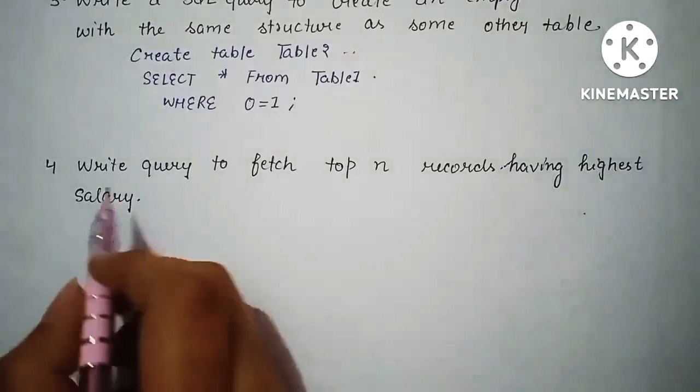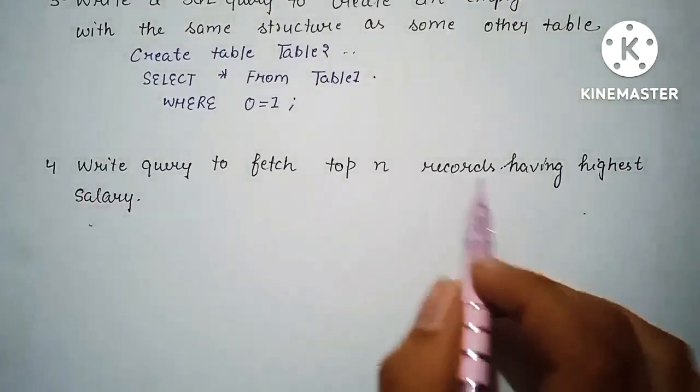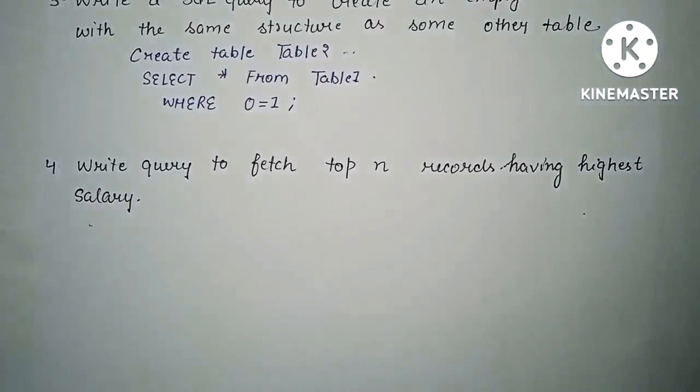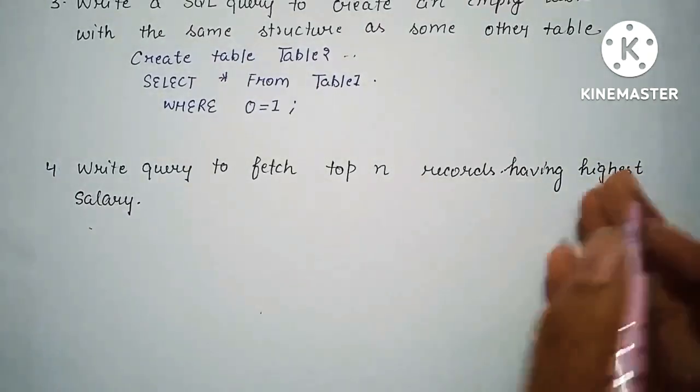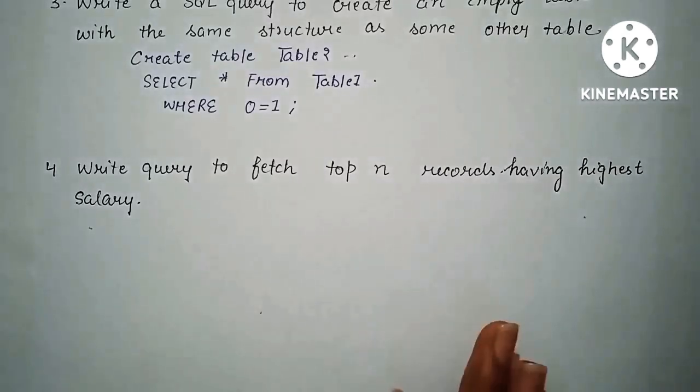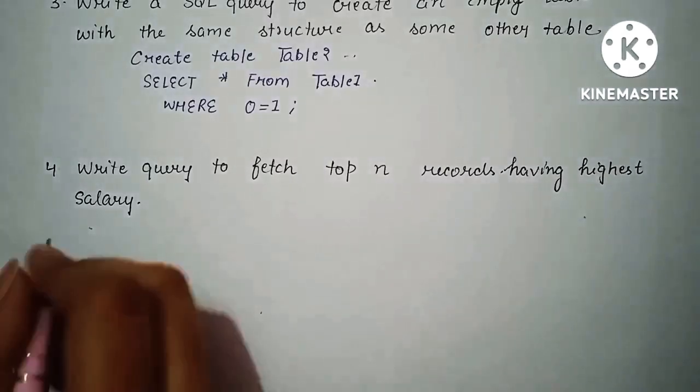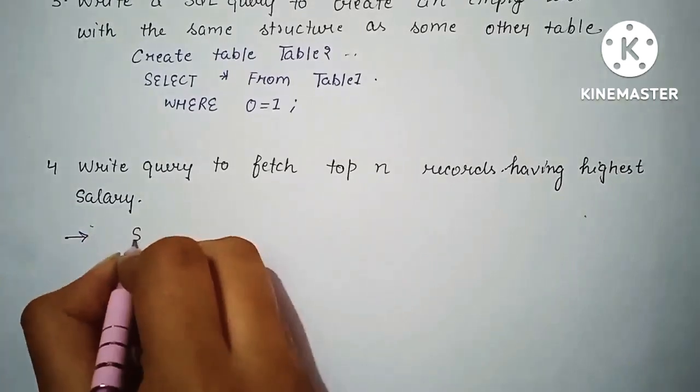So the next query is over here. Write a query to fetch the top n records having the highest salary. So through this query, we want to find those n records that have the highest salaries. Okay, so how do we solve this query? The answer to this query would be